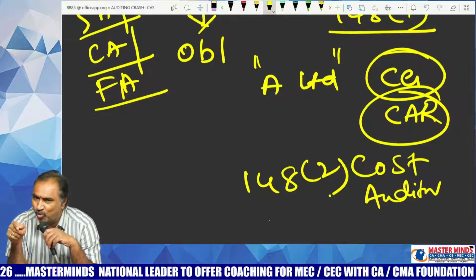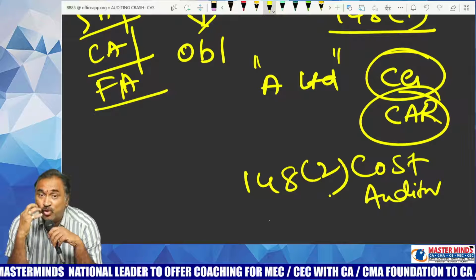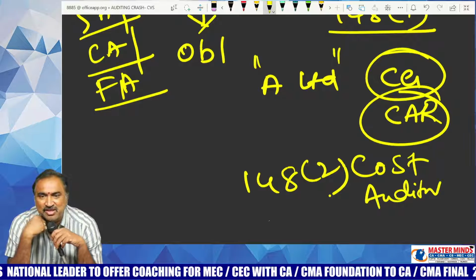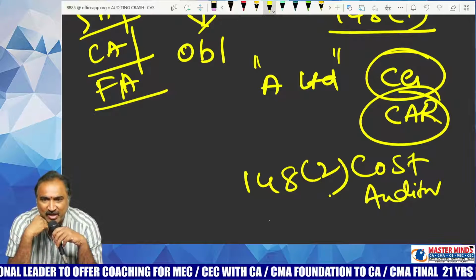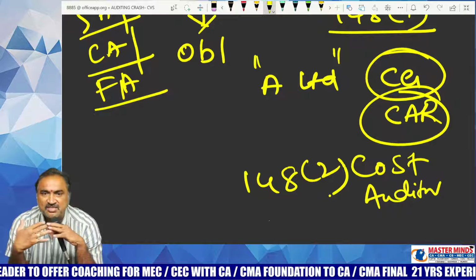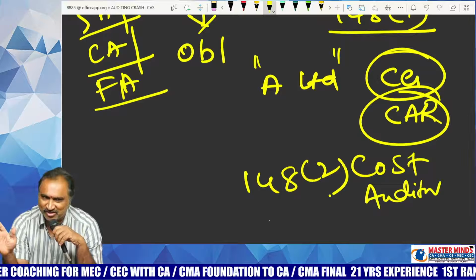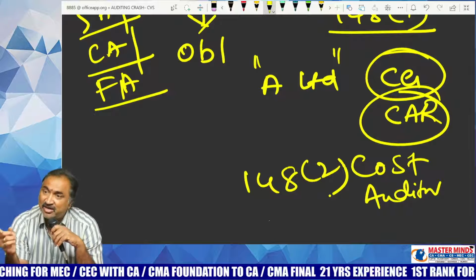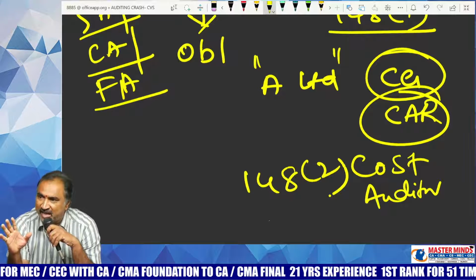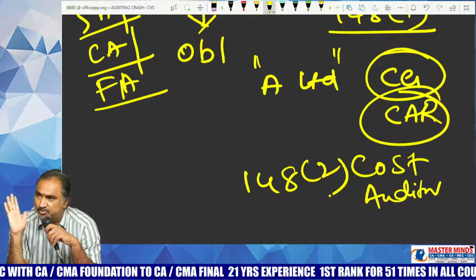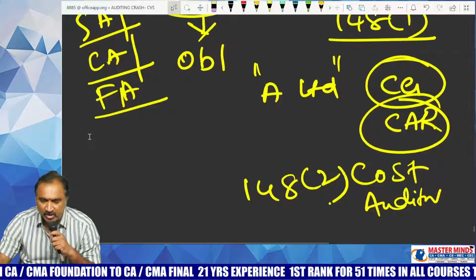For that, you need to go through the financial records to identify what was the treatment given in the financial records and what is the treatment given in the cost accounting records. Therefore, this right is reciprocal in nature. Financial auditor can have access to the cost accounting records, and cost auditor can also have access to the financial records for the reasons already explained to you. This is about point number 1.